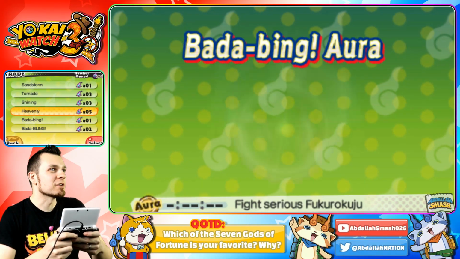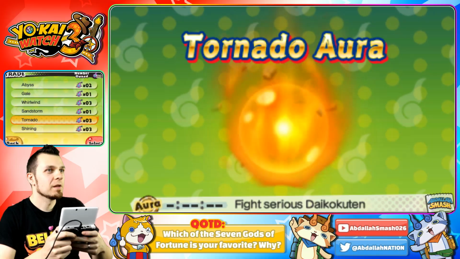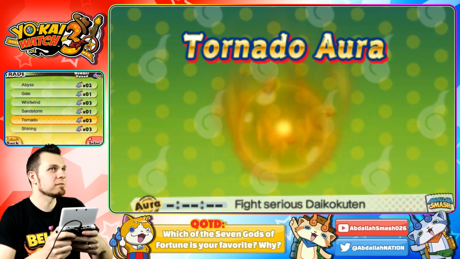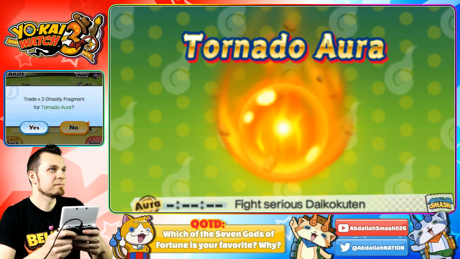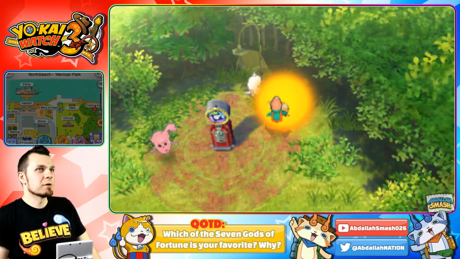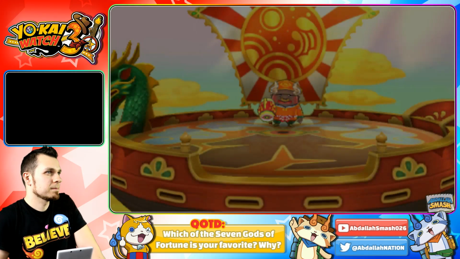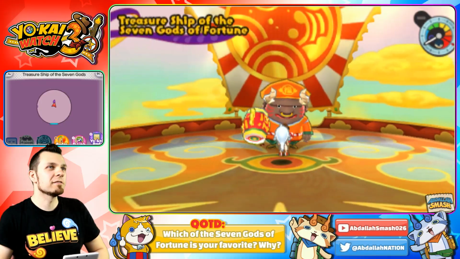So that was interesting. So we're going to do the next one, which is Daikokuten. Tornado Aura. All right, Tornado Aura. We're disappearing. What the heck is this thing? I've never seen this before. Well, that's like a...